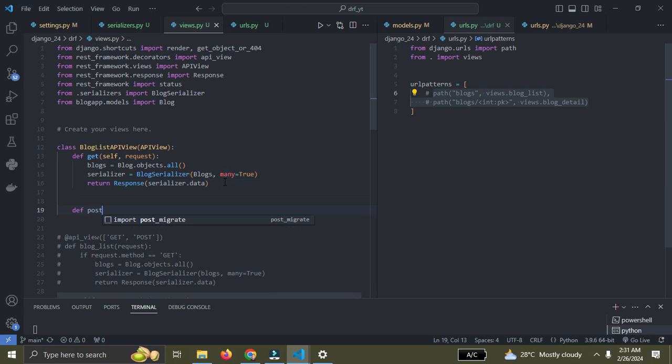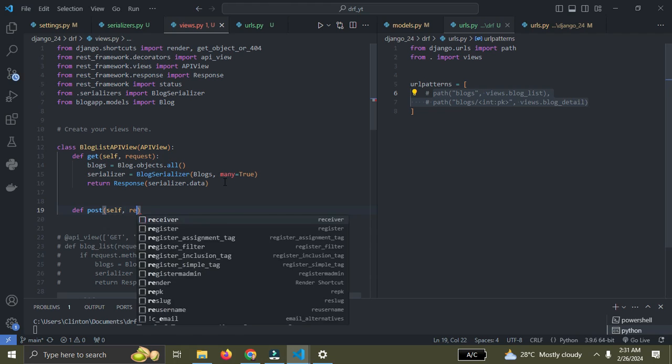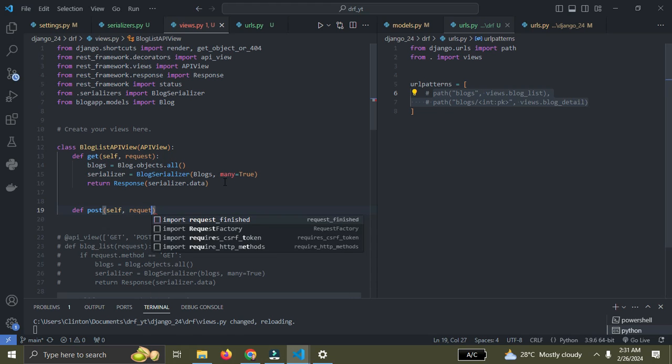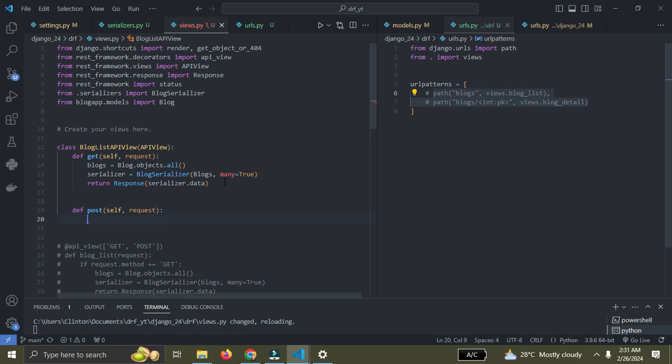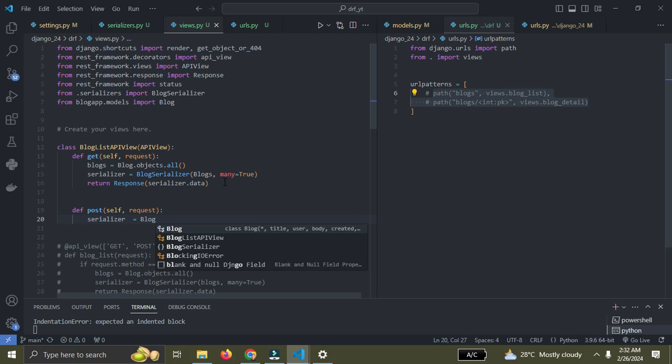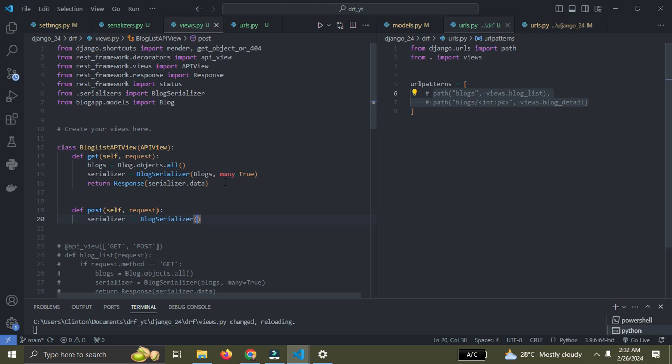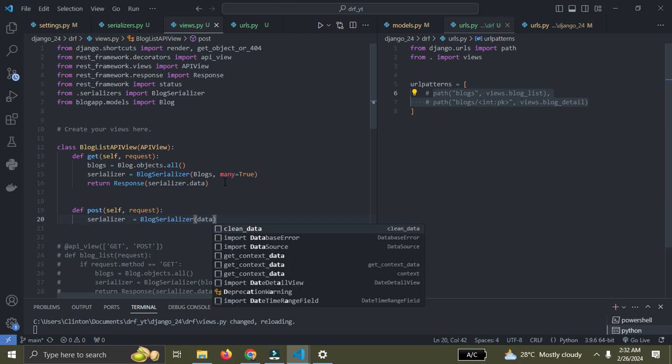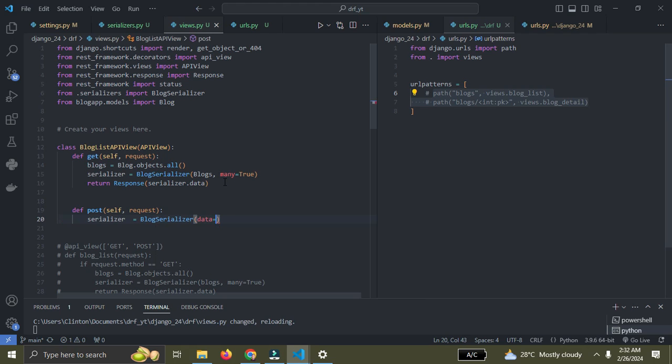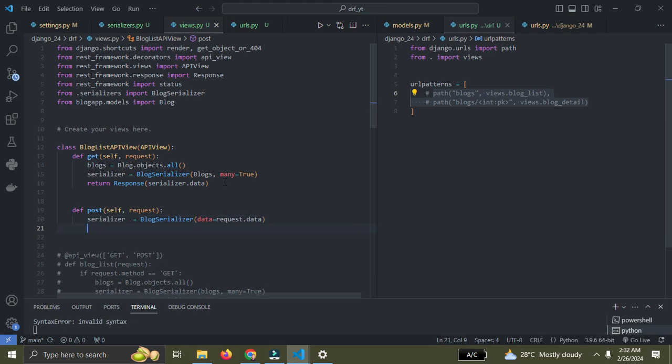Def post, then we pass in self and the request, and then we'll say serializer should be equal to blog serializer. And then what are we going to put in there? So data should be equal to request dot data. And then after we've done that,